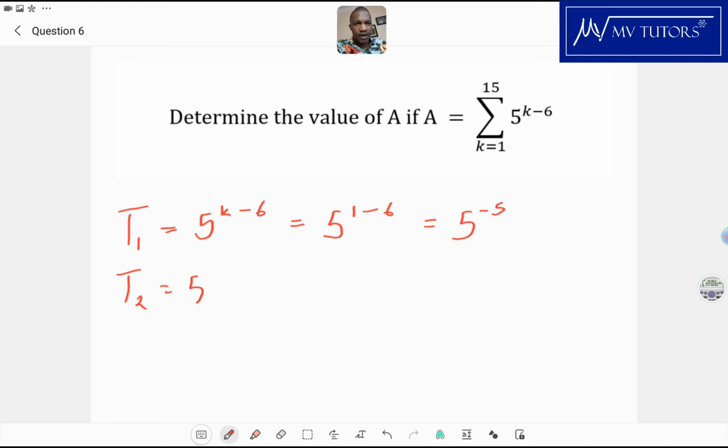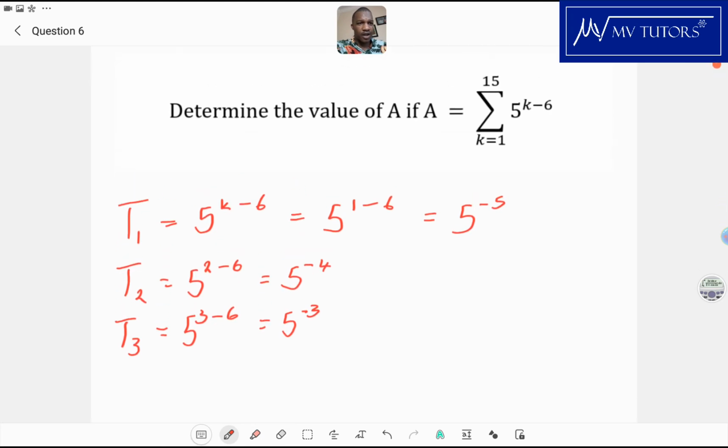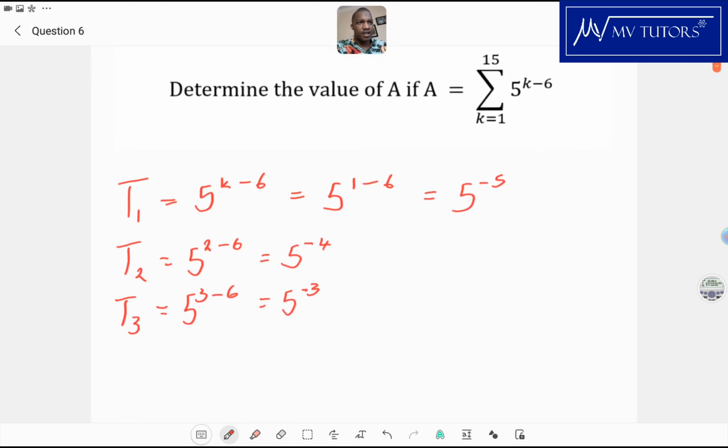Gonna be 5. We put 2 instead of k, minus 6, and then we get 5 to the power 2 minus 6 is minus 4. And then we need a third one just for confirmation. 5, 3 minus 6, which gives us 5 to the power minus 3. Okay, we got 3 terms now. Okay, next thing to do